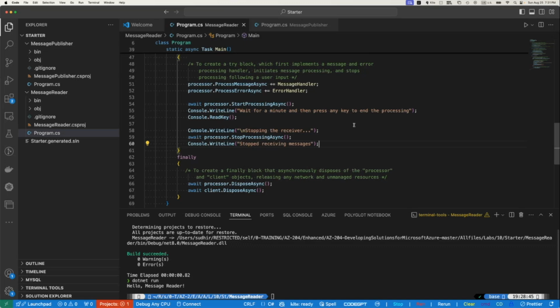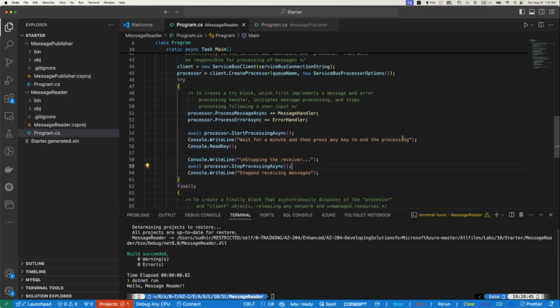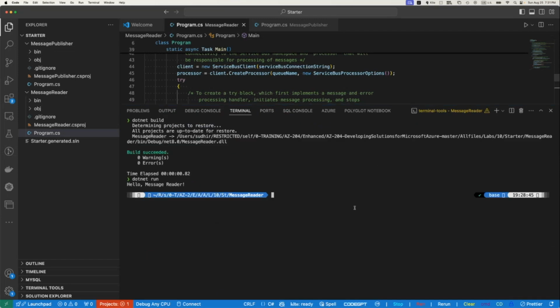so that your reader processor will stop and will not keep looking for new messages for a longer period of time. So that's what it was doing. Nothing very fancy. So what we'll try to do,